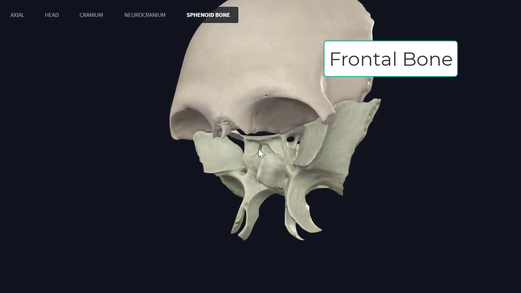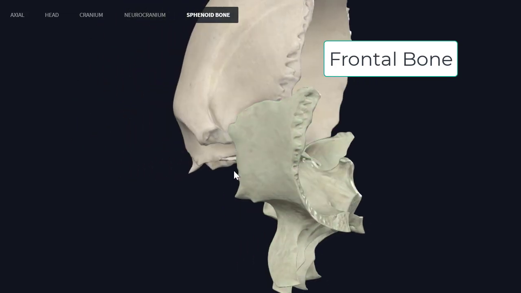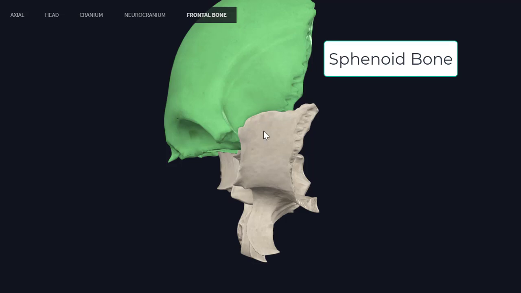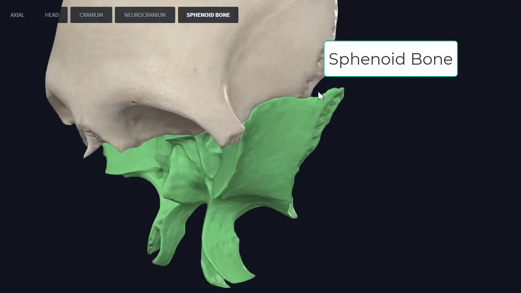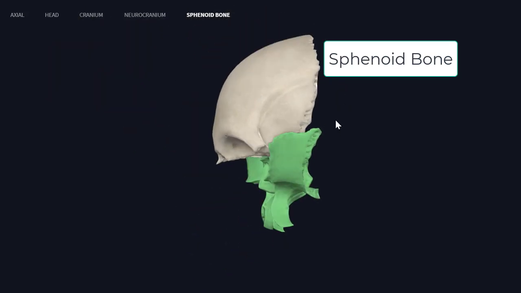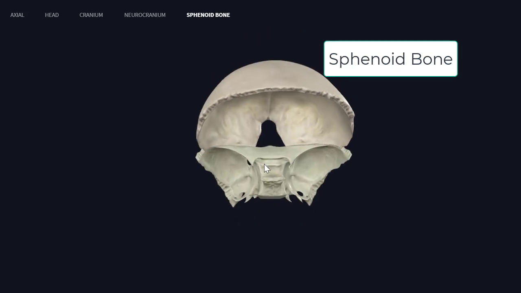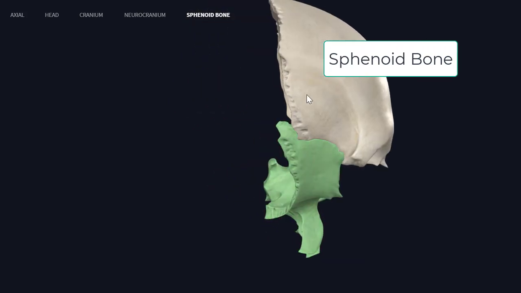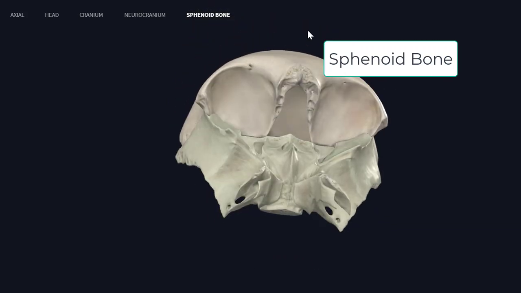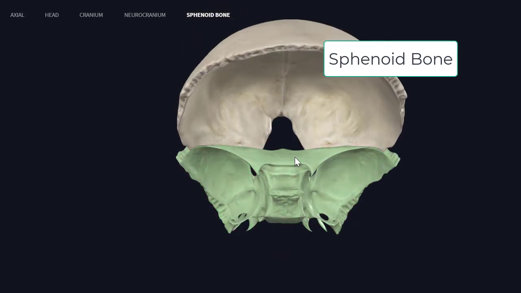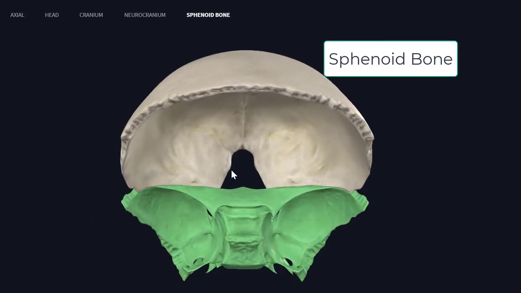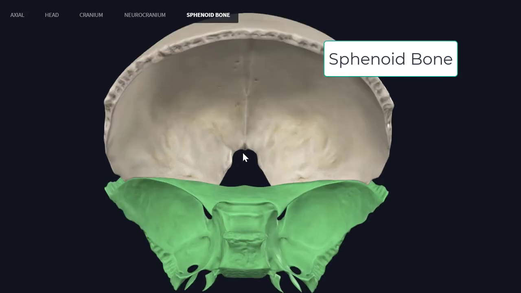The next bone I want to show you is the sphenoid bone, and you can see how the frontal bone and the sphenoid create the sutures, unmovable joints. This is from the posterior superior view, right lateral view, and inferior view. As you can see, between the frontal bone and the sphenoid bone, there is a triangular shape, and